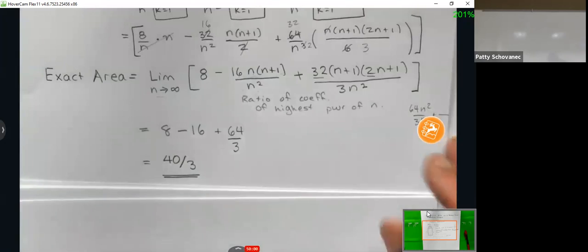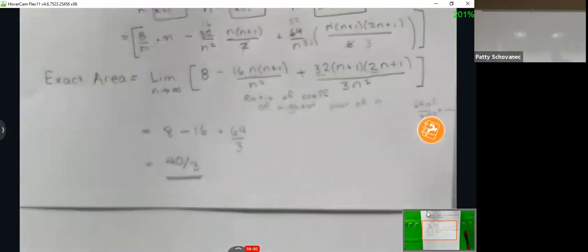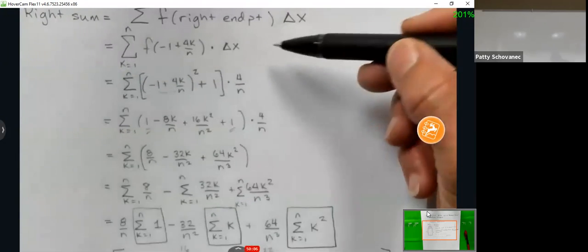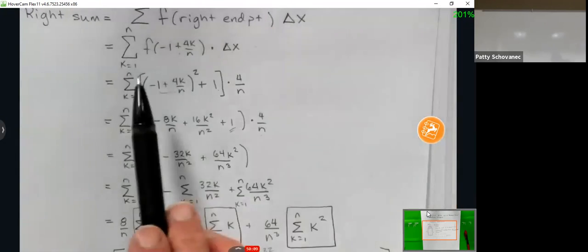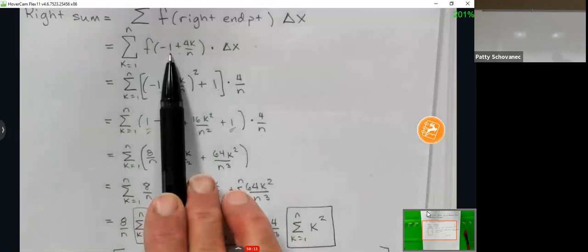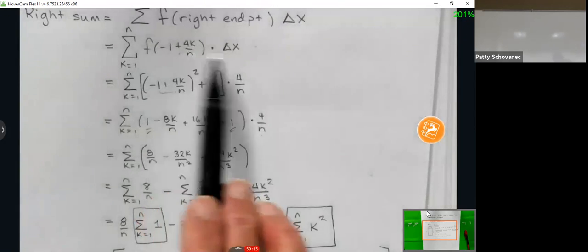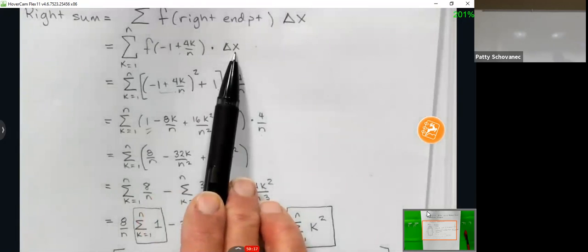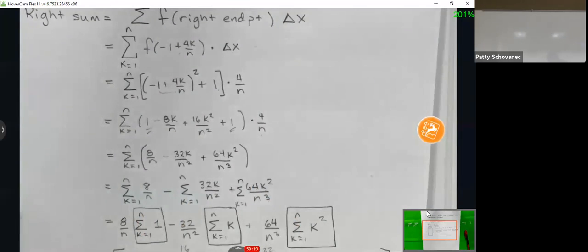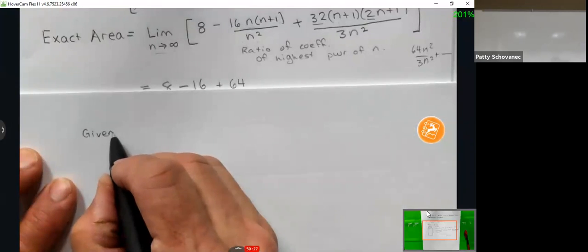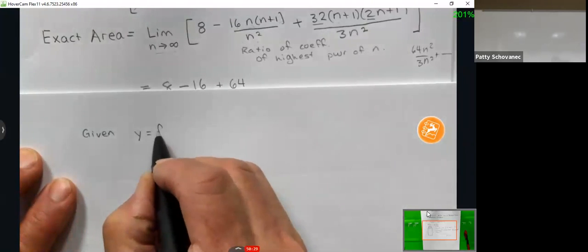Go all the way back to this very beginning right here, and I'm going to write that out in general. So I'm going to use my left endpoint as A. This is k times delta x, and that's delta x. So in general, the exact area under a curve, so given a positive curve, y is equal to f of x above the x-axis